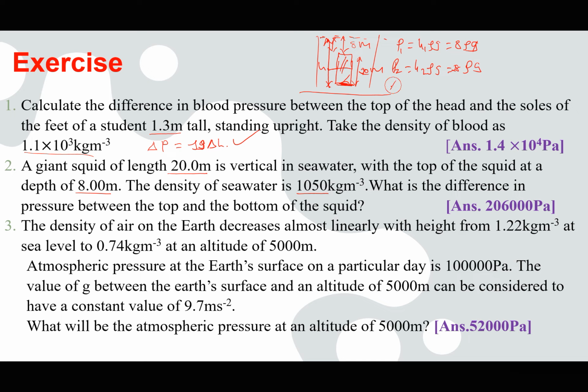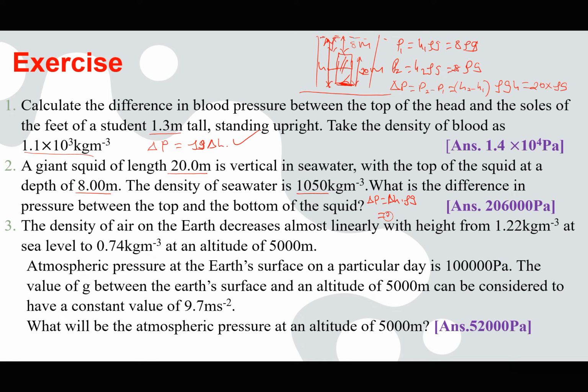So if they want the difference in the pressure between the top of the object and the bottom, the difference in pressure will be P2 minus P1, which is the same as saying (H2 minus H1) multiplied by density times G. Because H2 minus H1 is just 20, the length of the squid, it will be 20 times density times G. So the difference in the pressure here will just be the length of the squid times density